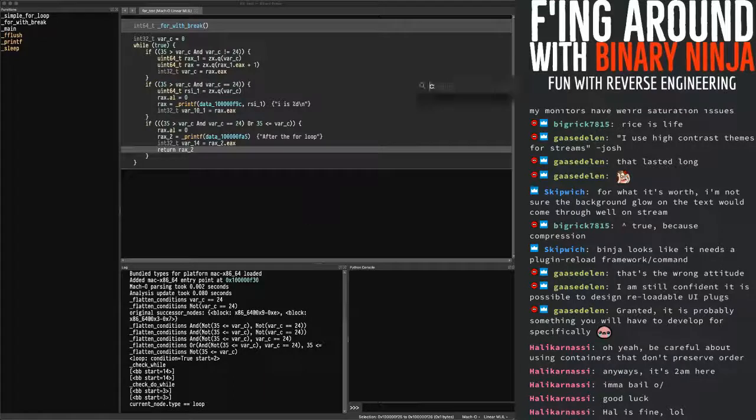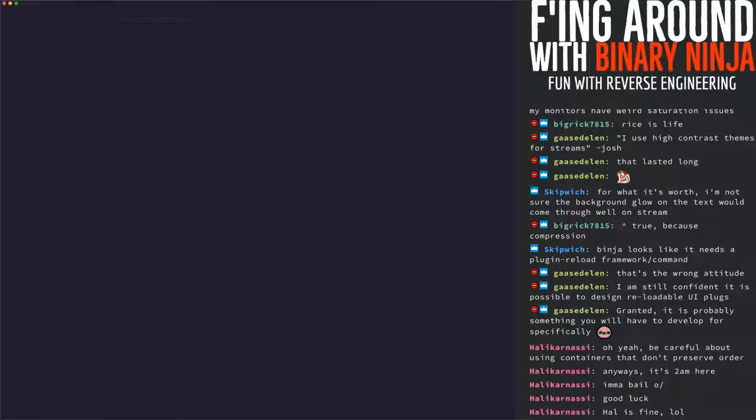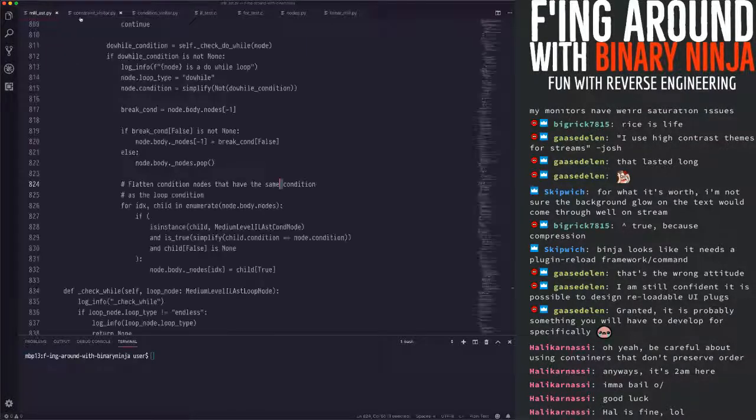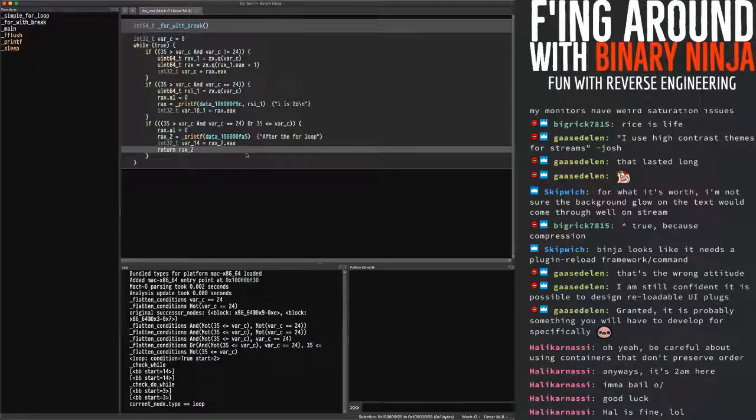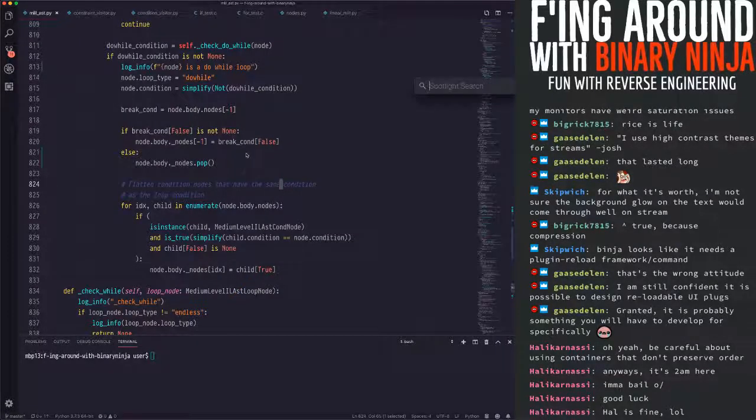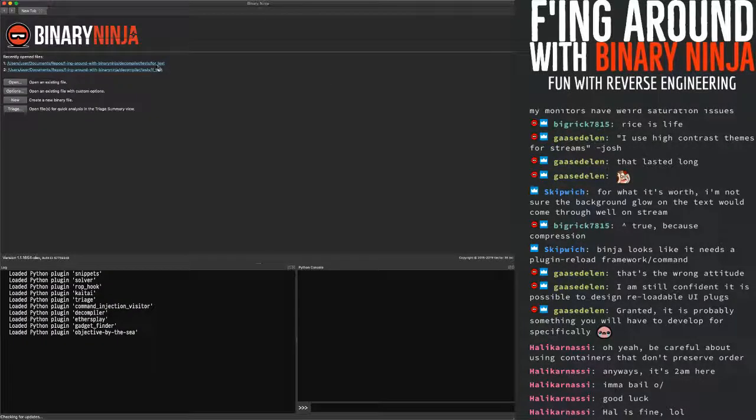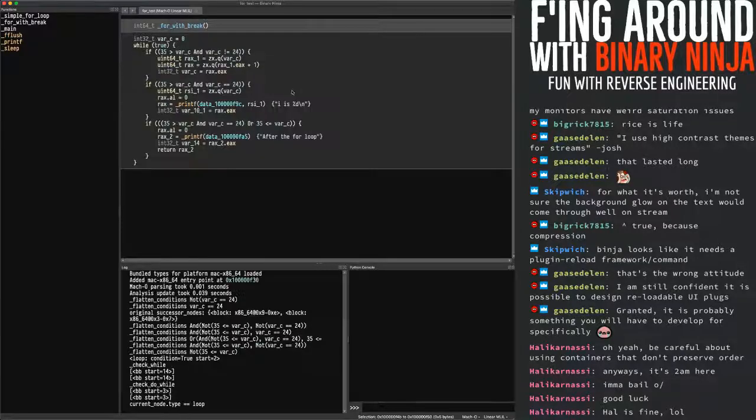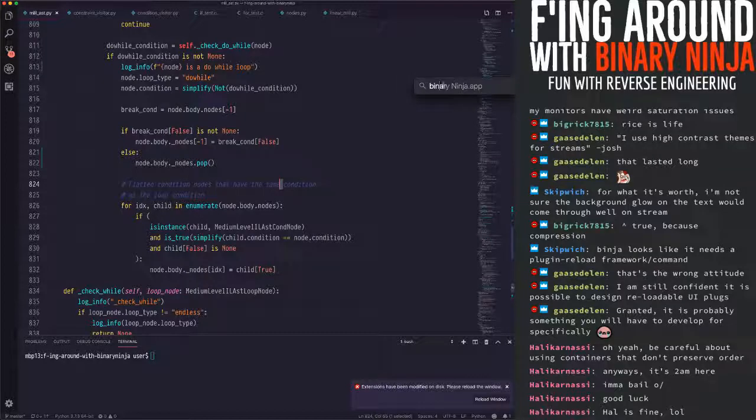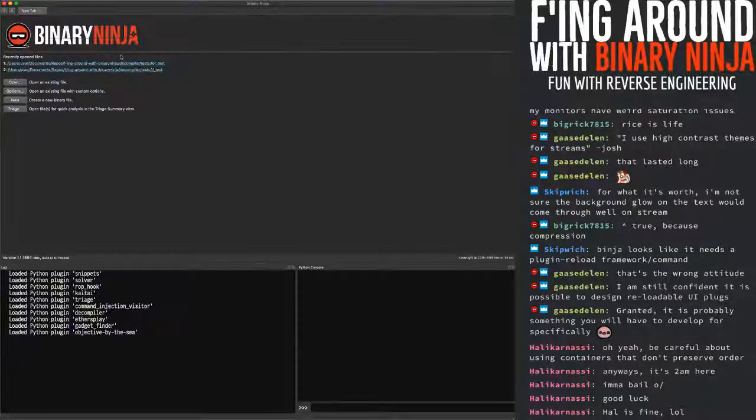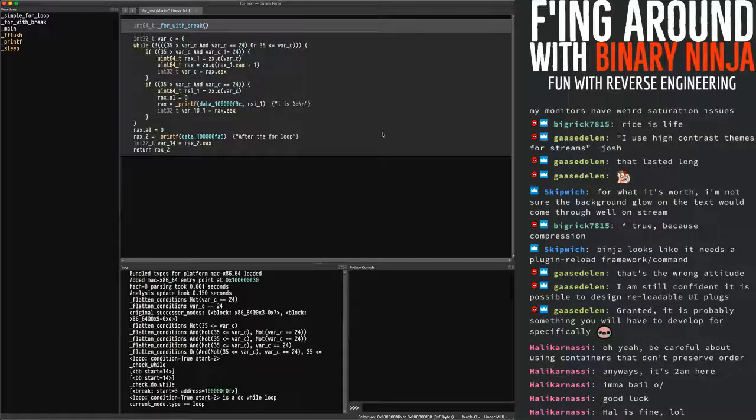Oops. Just quit Visual Studio Code instead of Binary Ninja. Really? You're not gonna give it to me? Come on. There we go. Okay. That got rid of the break. Awesome. Okay, so